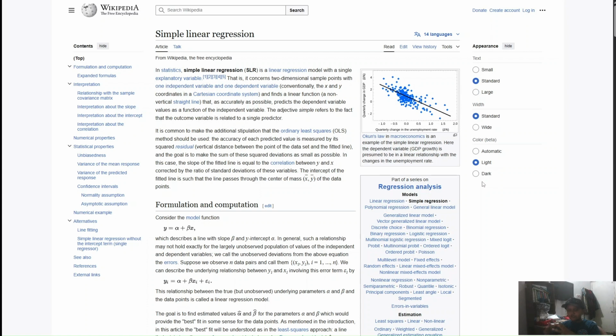So friends, before we start writing the program, let's see what is the model that we're dealing with right now. The model that we'll be using is the simple linear regression model. It's quite a simple ML model which finds the correlation between two numerical values.